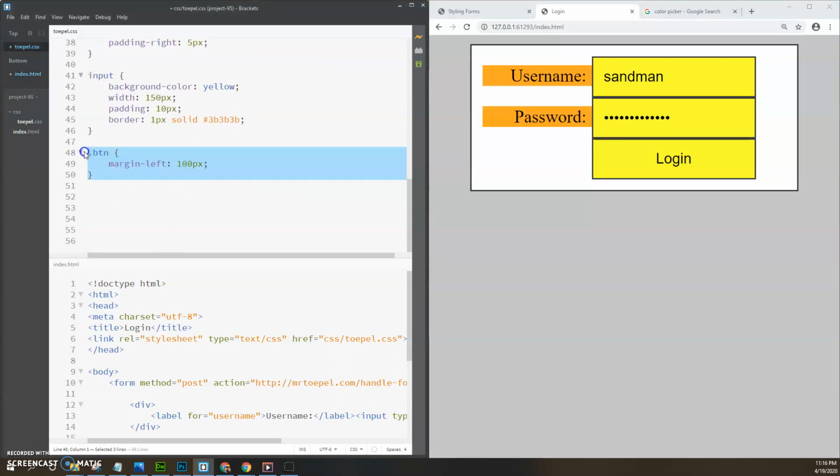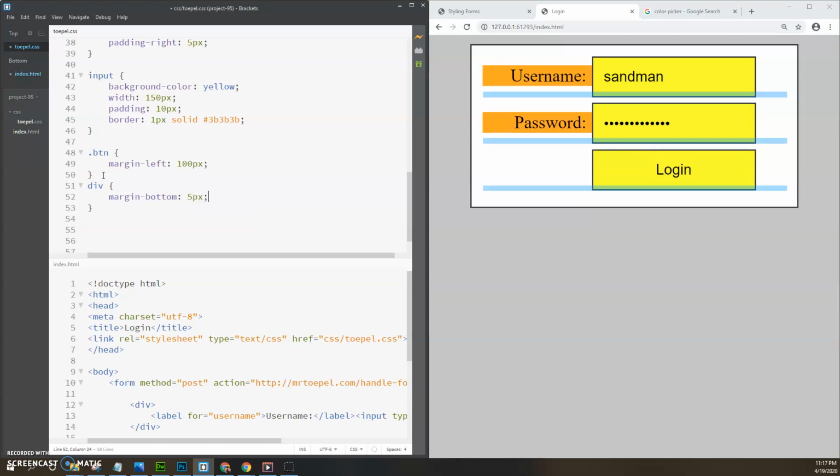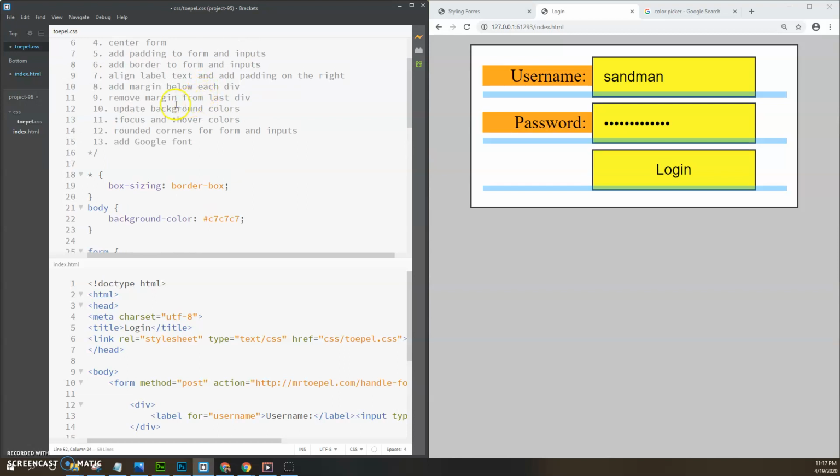What is this? Oh, yeah. So we go down here, div, and margin bottom. And how much space should we use? 5 pixels. And notice it adds a margin below each and every div. That's this blue line. And something we want to do, which I think is the next thing, remove margin from